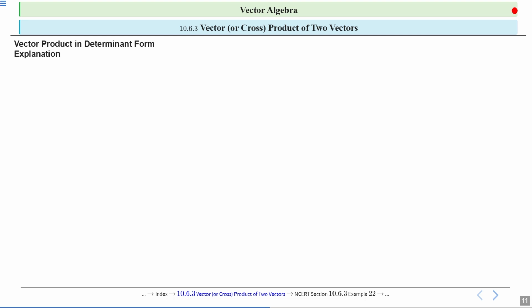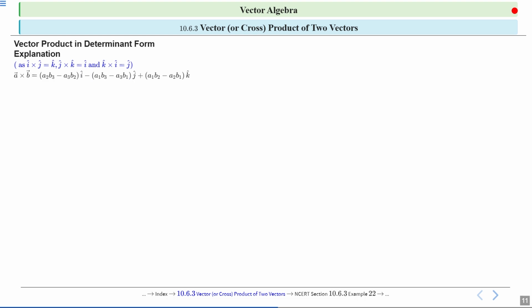Now let's go through an explanation of how the vector product works, right? So the cross product of two vectors results in a new vector that is perpendicular to both original vectors, okay? This operation is especially useful in various parts of science, when we need to find directions such as torque or rotational force in physics, right? So i cap cross j cap is equal to k cap, and j cap cross k cap is equal to i cap, and k cap cross i cap is equal to j cap.